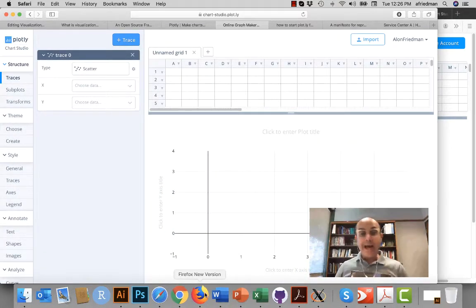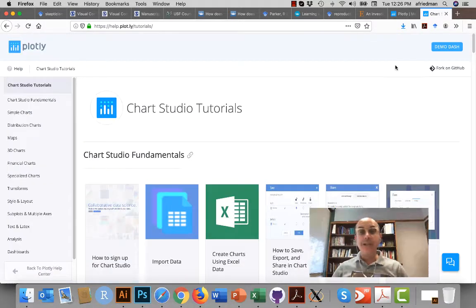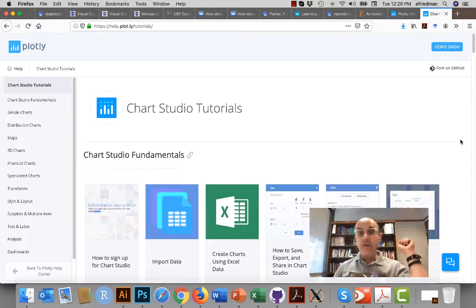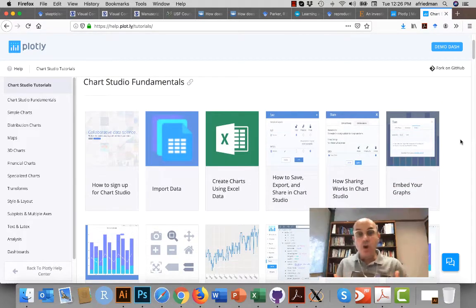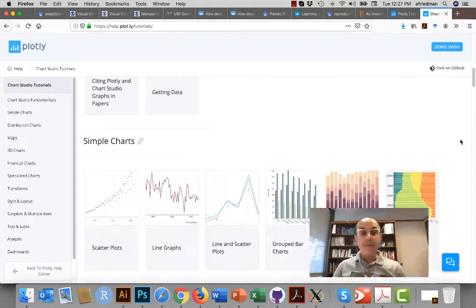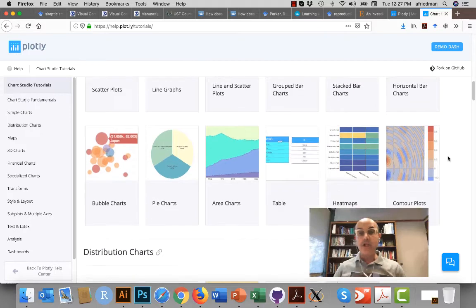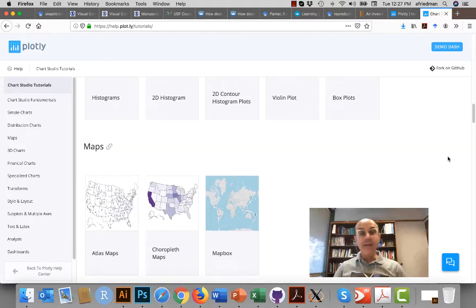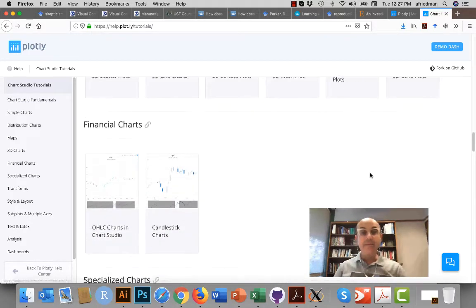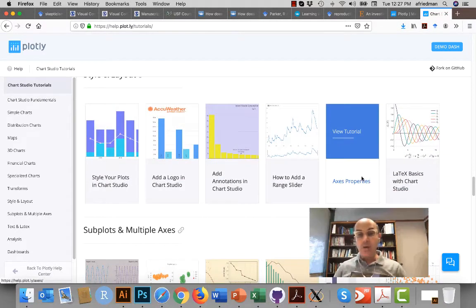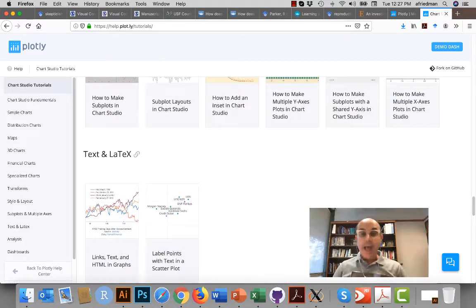So what I expect you to do, one of the things that Plotly is really good at is the tutorials. I'm not going to go over every step of the way because I would probably need to speak here for the rest of the semester. But this is how you apply it, and if you want this type of visualization, this is how you do that. Again, this is the idea behind it. You're going to see examples, and I will give you the links to them. I hope it will make more sense. I hope you enjoy this